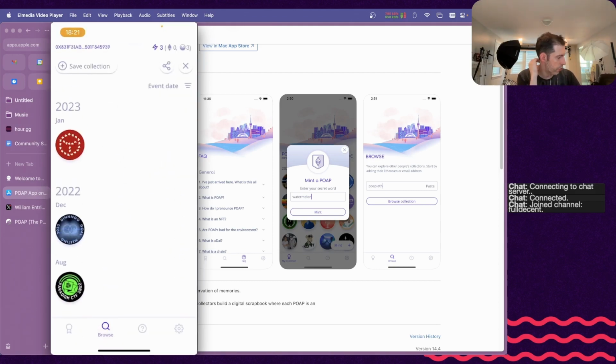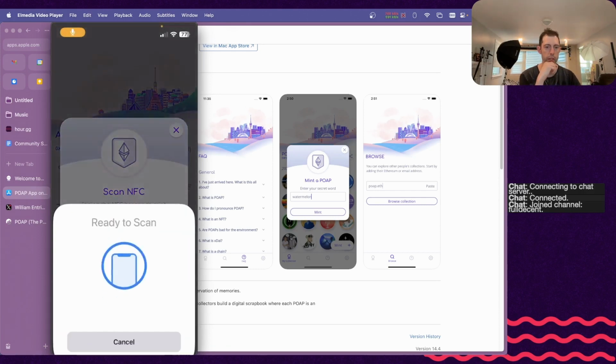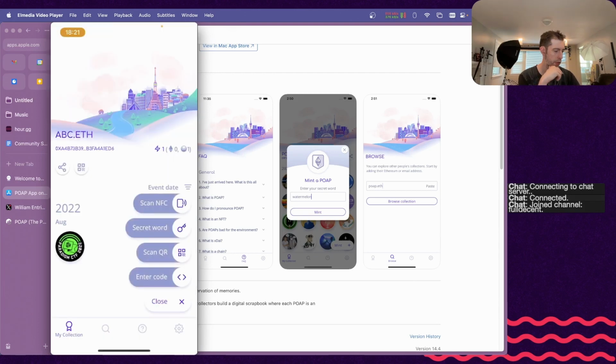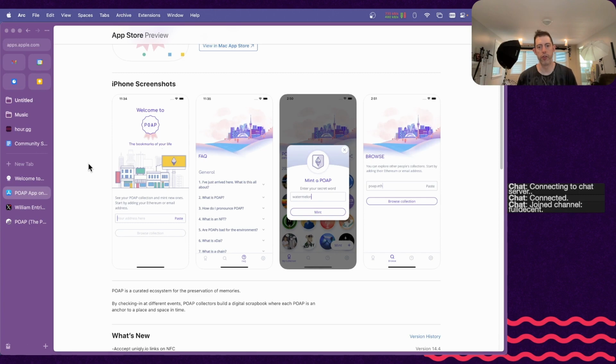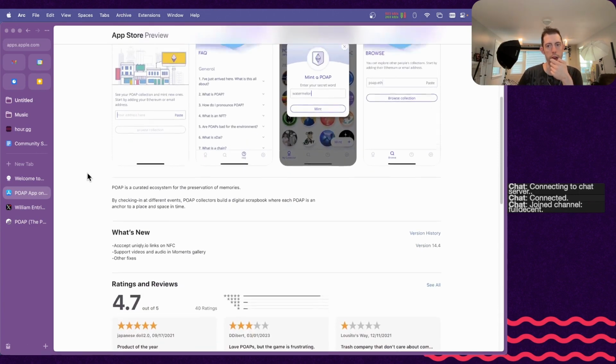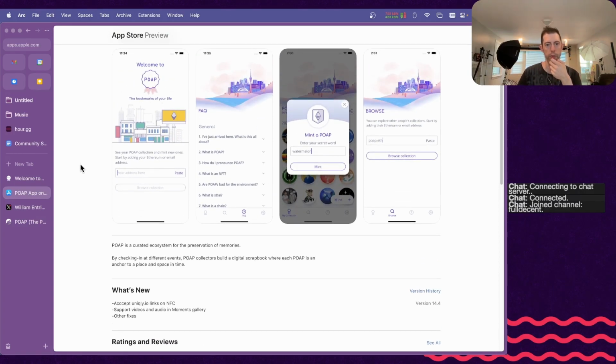Now, how do you redeem? So I thought there would be a QR code scanner here. Oh, Mint. Scan NFC. Okay. Mint. Secret word. So that's cool. I like that it doesn't try to do anything with a password on Ethereum. That's great. I like its limited scope. It's got a Q&A, so it takes responsibility for answering some questions. It does start the conversation with you having an Ethereum wallet.